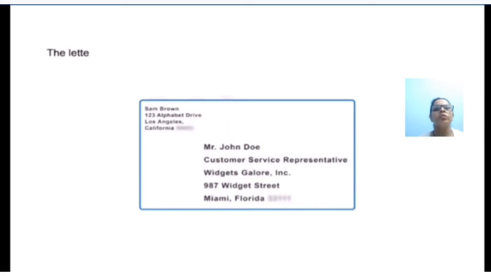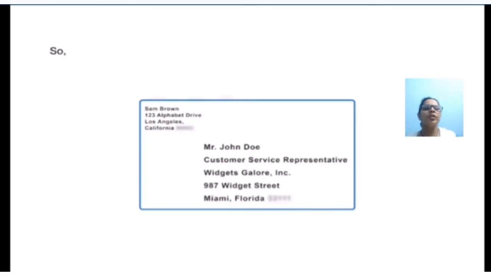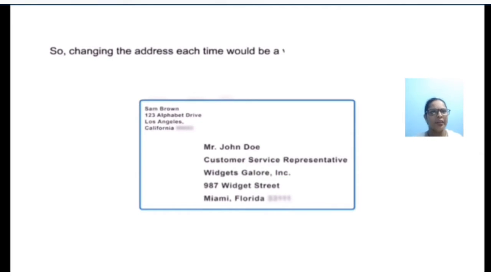The letter requires the name and address of each recipient to be printed on the top. You can see in this picture the type of format we need. Changing the address each time would be a very long process and a waste of time and effort.